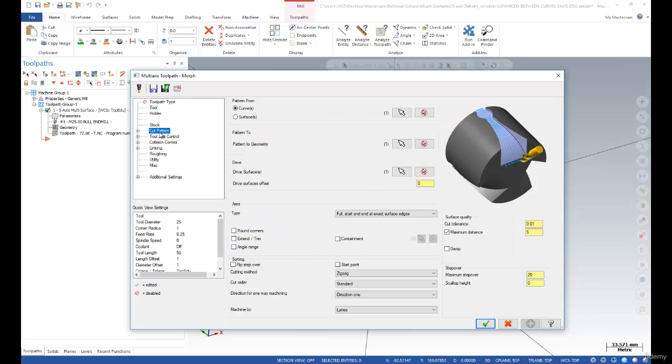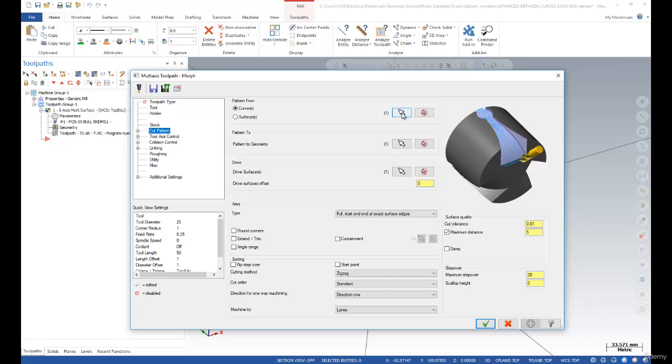When you click on the cut button, after that you can see the three base parameters here. And the first one, of course, you need to click is pattern from and pattern to. So of course, in that case, we can click on curve or surface and select from the pattern perspective. If you consider the pattern to, you can only click on geometry, pattern to geometry. Okay. After that selection,